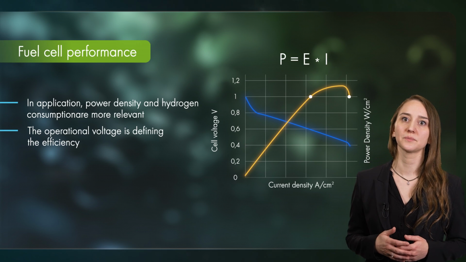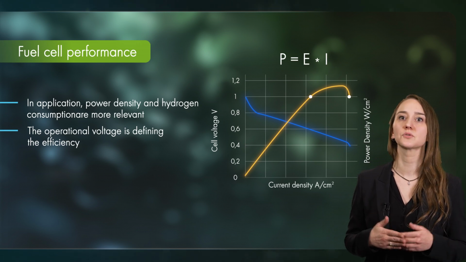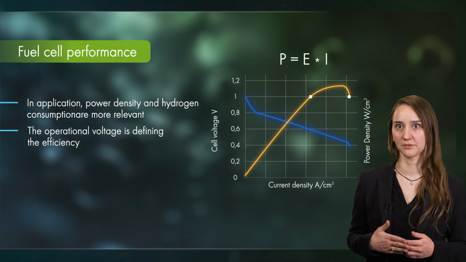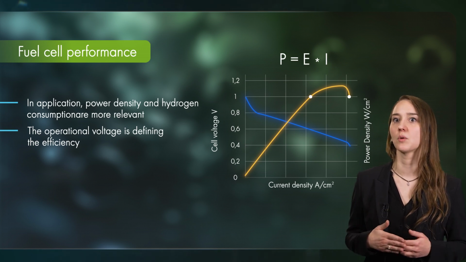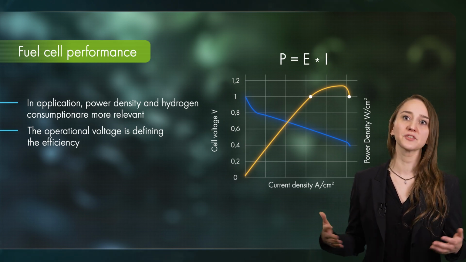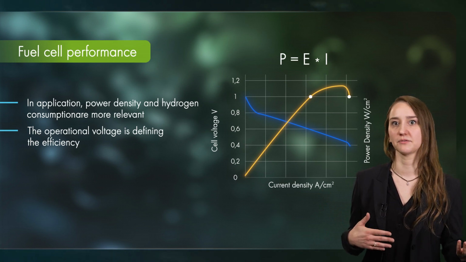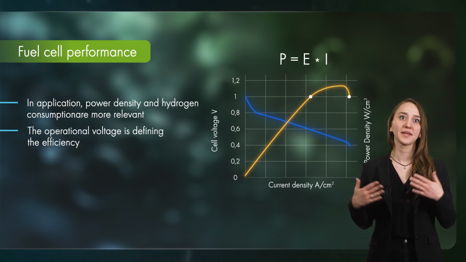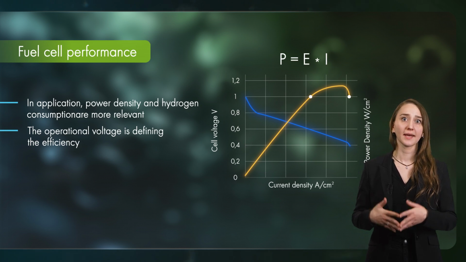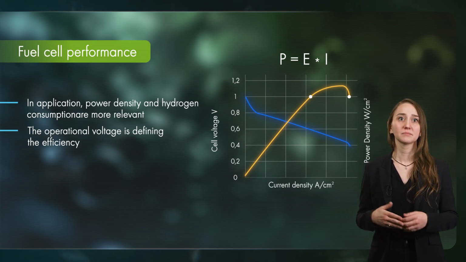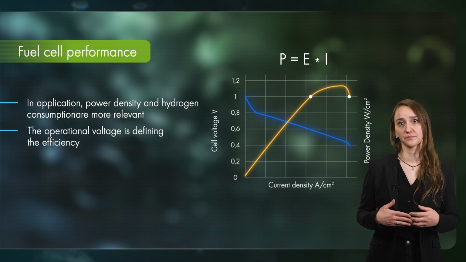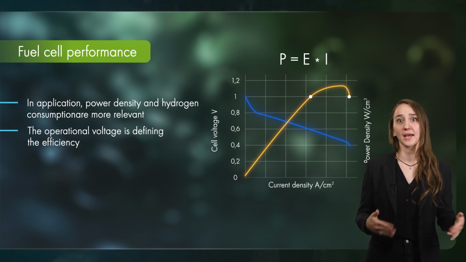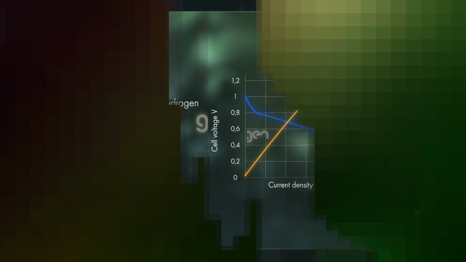Another aspect to note is that drawing more current may not lead to a higher power output. If we take the point at 1 watt per centimeter square, for example, and we would want to get more power out of our fuel cell, we may achieve this by increasing the current at the sacrifice of efficiency. But once we surpass the maximum power, the output will actually go down again, and we may end up where we started, but at a far higher hydrogen consumption. The current is related to the amount of reactants that are converted, and at a lower overall efficiency.